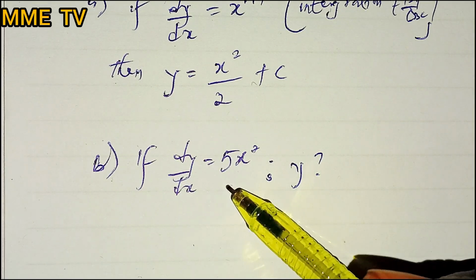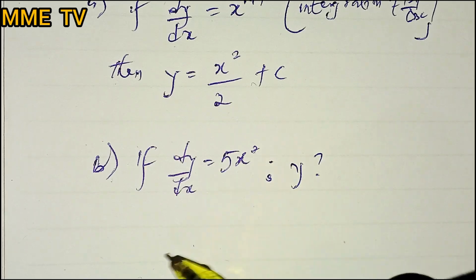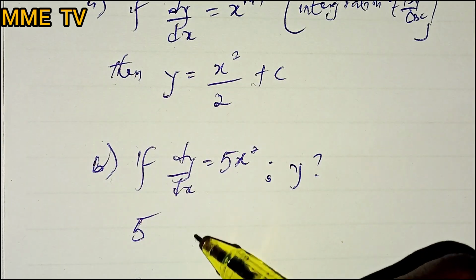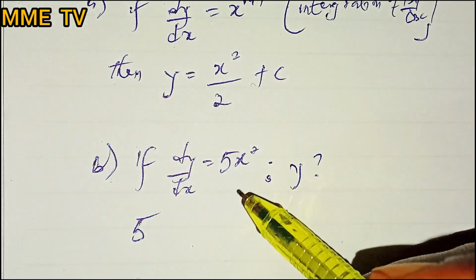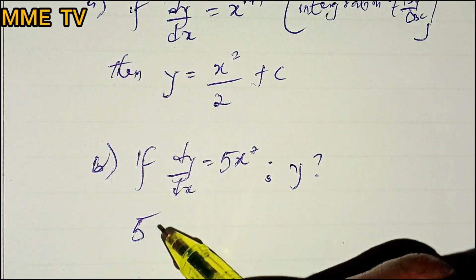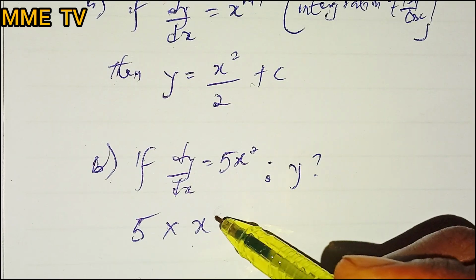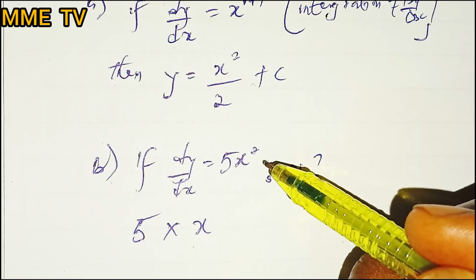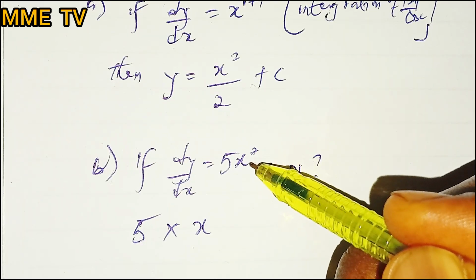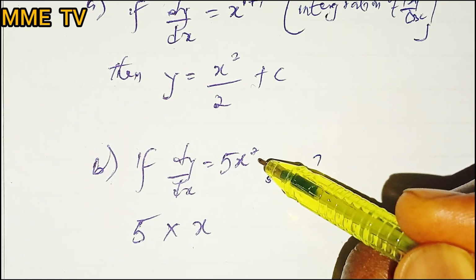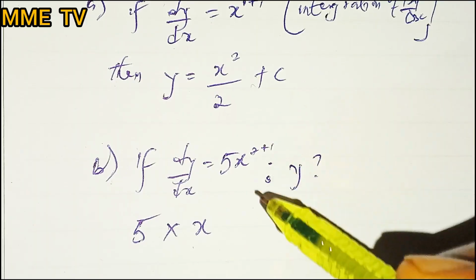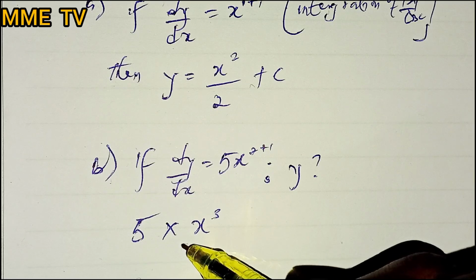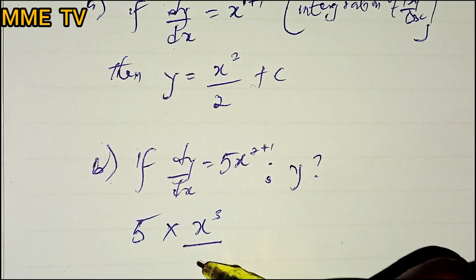Knowing fully well that you cannot solve the constant, which is 5, together with x raised to the power of 2, you're going to separate them by saying 5 multiplying x squared. Remember how we solved the first part: when we see x raised to the power of 2, we add an additional 1. So here is going to be x raised to the power of 3 over the power, which is 3,